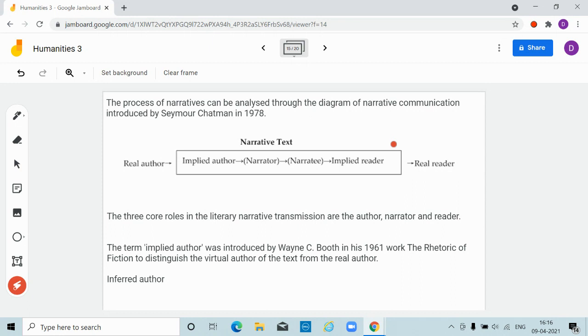Romance novels will be enjoyed by a particular group of readers. So when an author is writing a particular literary work, he has a particular reader in mind. So that reader is called the implied reader, and that reader might be very different from the real reader,